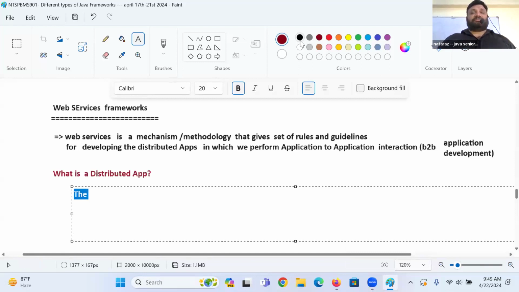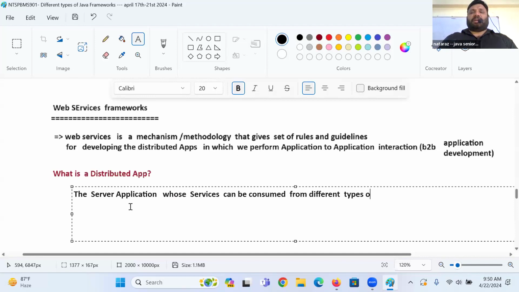The server application, whose services can be consumed from different types of client applications, either locally or remotely, is called what application, guys?